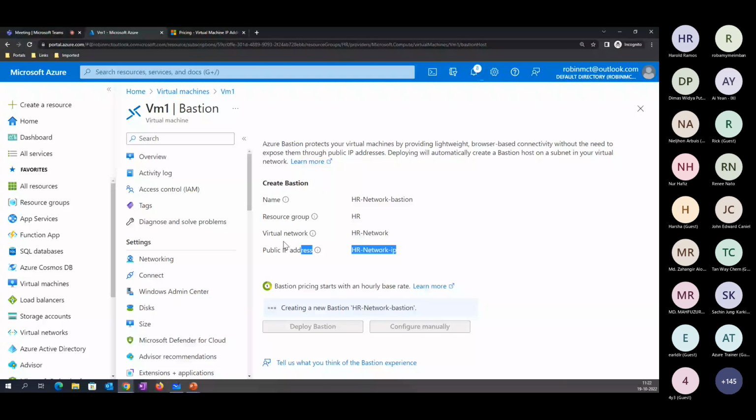So technically speaking, if you are at a customer place or in an organization where you have n number of VMs, and the VMs have not been assigned any private IP address, you can use the Microsoft Bastion service. Yes, Sandesh,